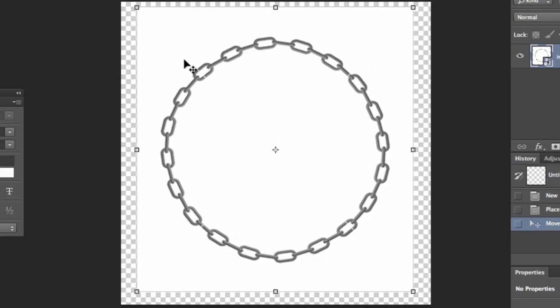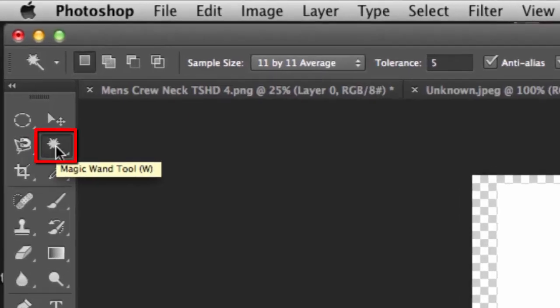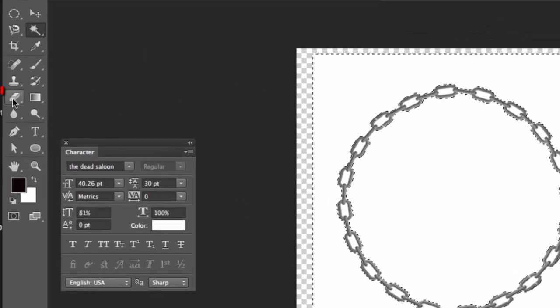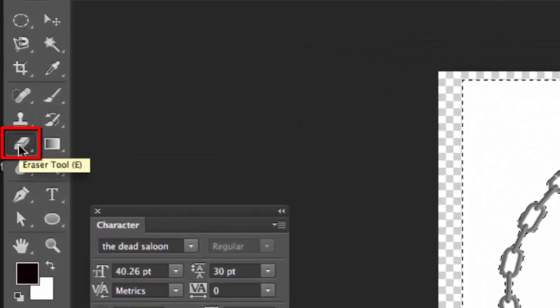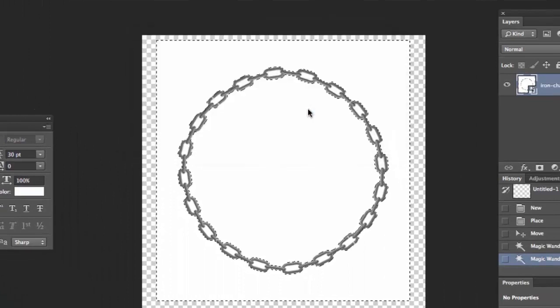Now once that's done, if you look at this white background, right behind this is your checkered background, which is transparent. Anything outside of the chain, we want to be transparent. So we're going to go to our magic wand, select the inside, hold down our shift key and select the outside, and click right here on our eraser tool, and you see you couldn't do anything. If we go to cancel,